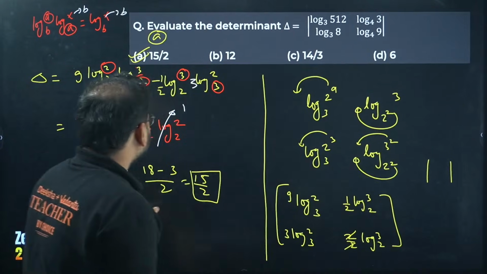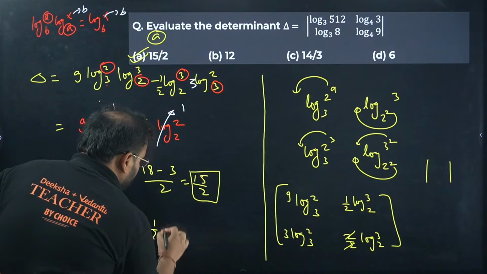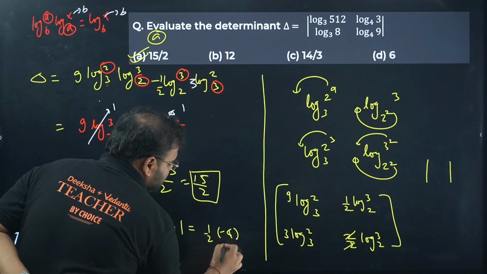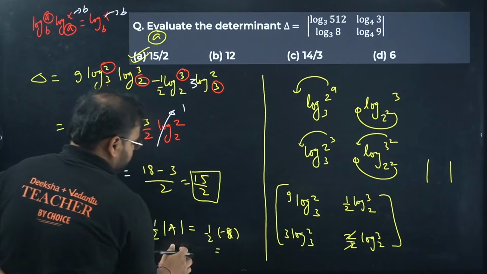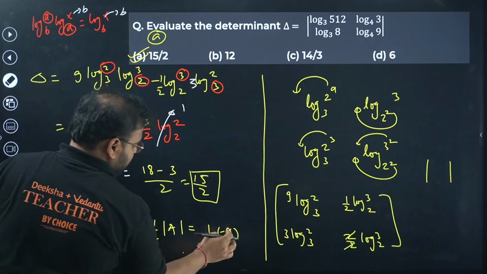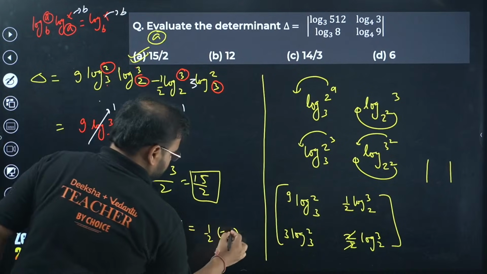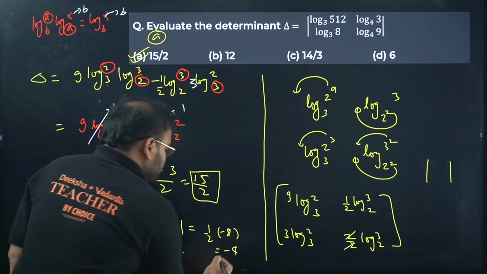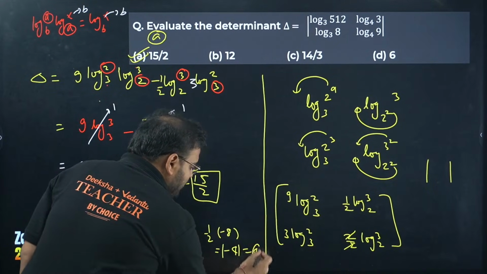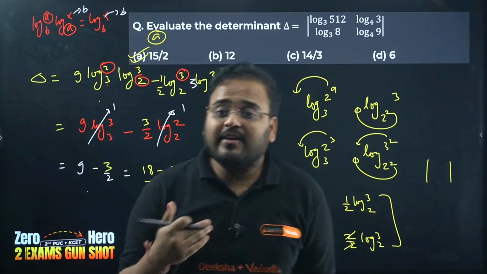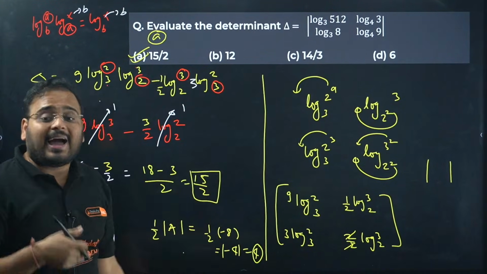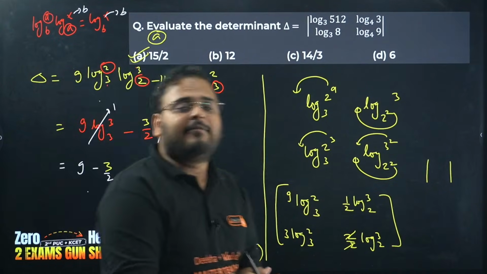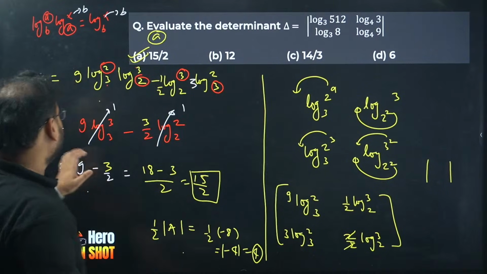So what I'm saying is, let's say the area is 1 by 2 into the determinant, and let's say this is 1 by 2 into minus 8. Excuse me, minus 8, my bad. What will happen? Will you take minus 4 as the answer? This area will always be taken as positive, so you have to take the modulus over here. The answer will be 4 actually. So that's my whole point. Even if this determinant value was negative, I have to take the answer as positive only. So when we are going back to the calculation, we have to consider both of the options.